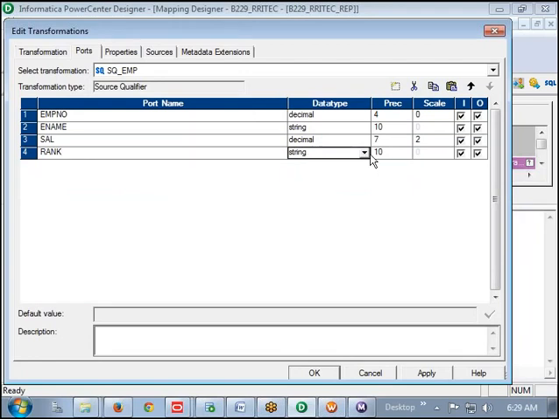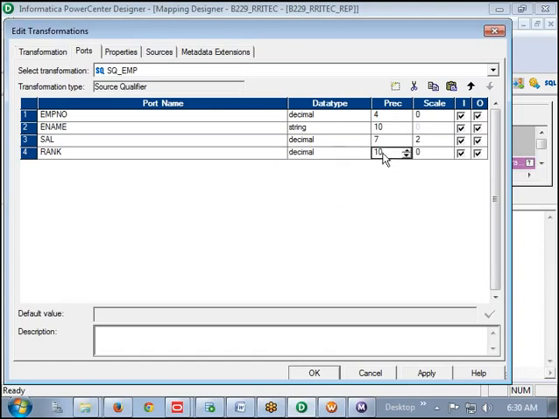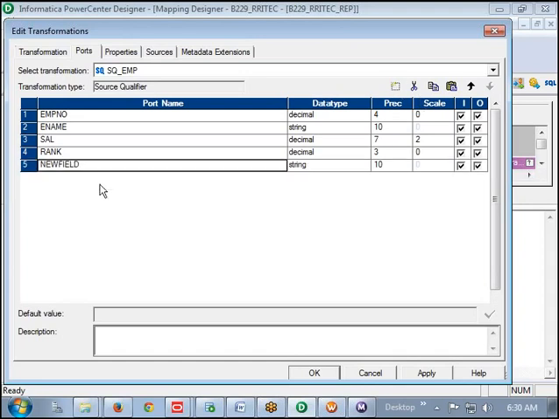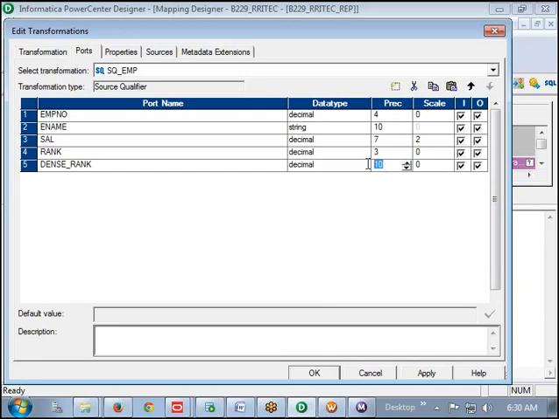Rank as decimal. Similarly, dense rank. Then go to the properties.